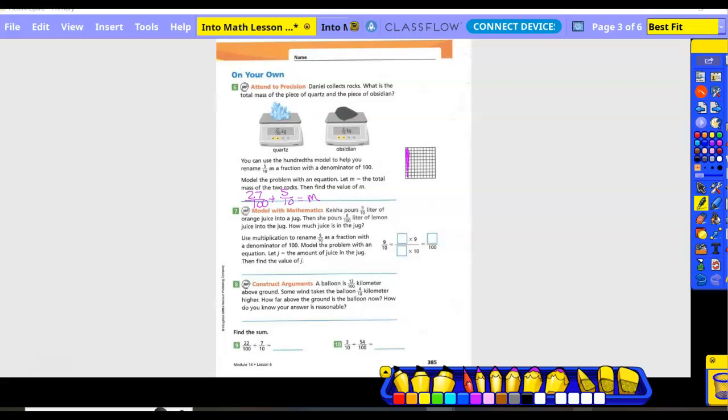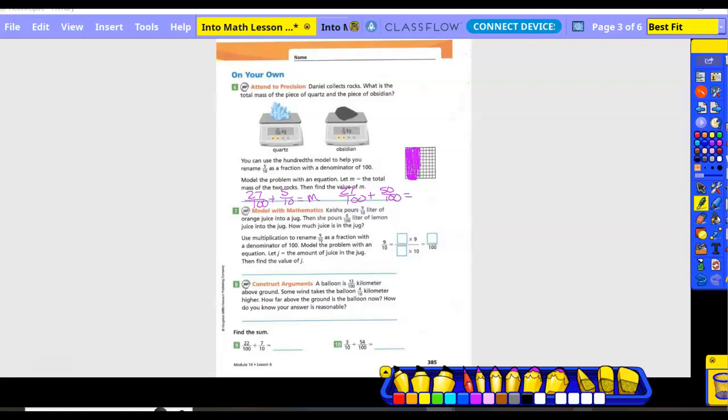I color in 5, right? Okay, so if I color in 5 longs, how much is that of the hundredths cube? 50, right? Okay, so I'm going to rewrite this as 2,700 plus 50/100